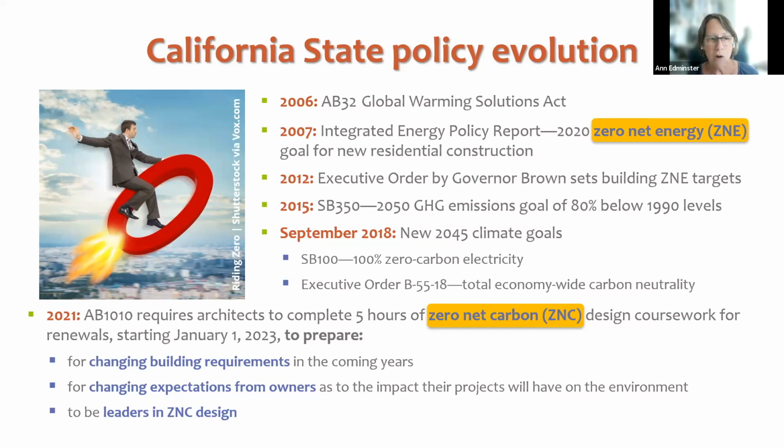And then here we are 14 years later in 2021, we had AB 1010 passed, requiring architects to complete 5 hours of zero net carbon design coursework. So this is the progression from zero net energy. And then as more has been analyzed and understood about what that means for us as a society, the state